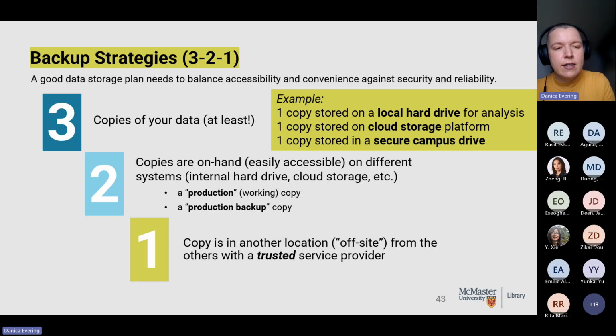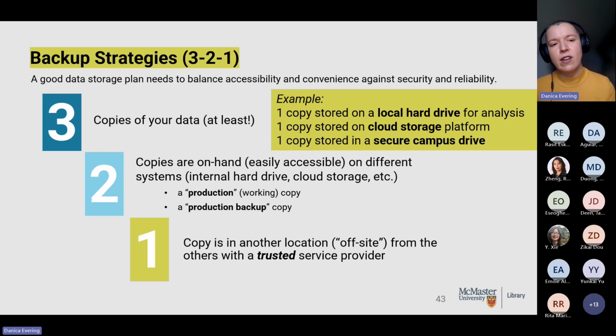So we talked about data storage. We also need to talk about backup strategies. One of the things to consider with this is ransomware. We're seeing this increasingly with universities, especially when there's very sensitive research data. That data can be valuable, and if it's sensitive, then there's a higher impetus on you to pay the ransom. So backup strategies are one of the ways that can help with this, so that you have a backup copy as well, in addition to just good security best practices.